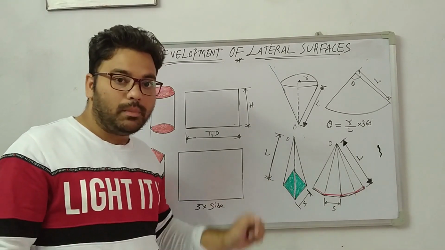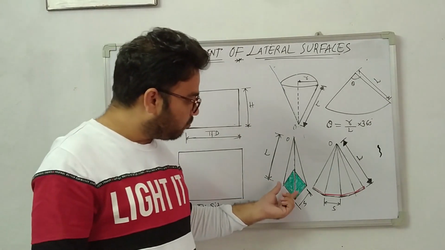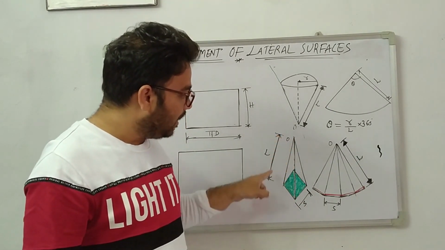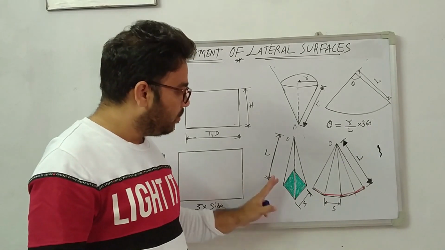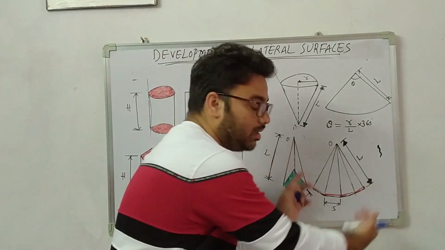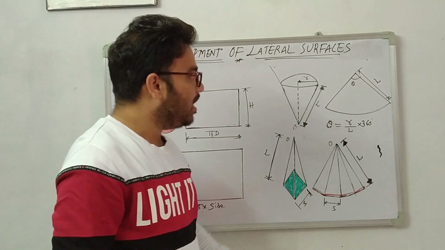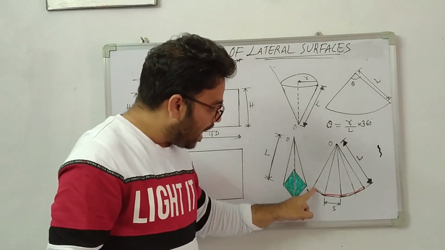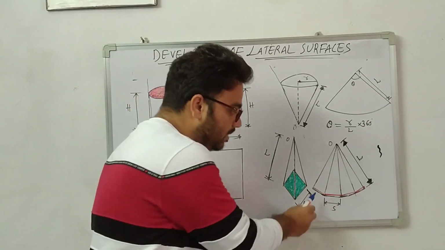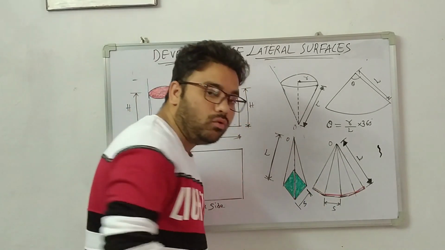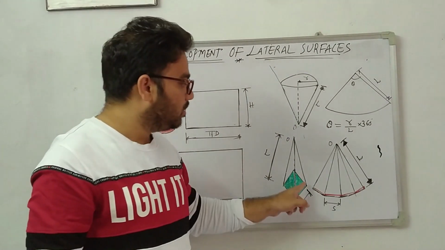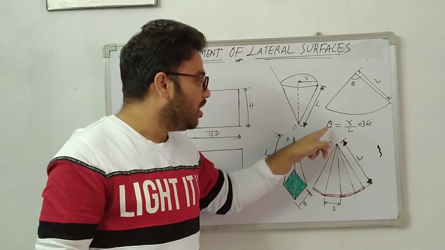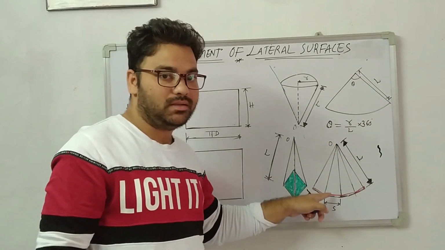We jump into the pyramids. So I have taken as an example a square pyramid. The base shape is square and it has an apex. The slant height is given as L, and if you cut one of the longer edges and open it, this is the shape you are going to see. Here in the cone I can see only an arc, but here I can see the slant edges and base edges also. So base edges are shown in red. So we have to draw the base edges also. So these are the steps for the pyramid. The same formula is applicable for cone and pyramids.